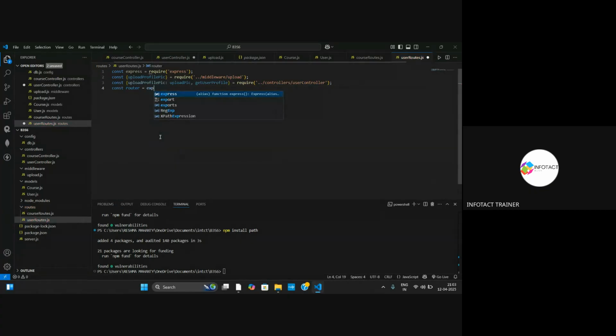Here we will use the middleware of Express, that is Router. And we will mention a couple of methods, that is router.post with the API upload,